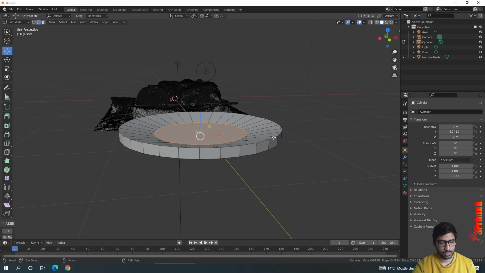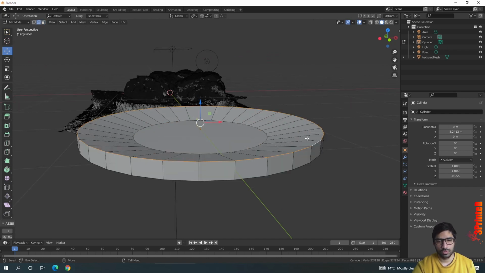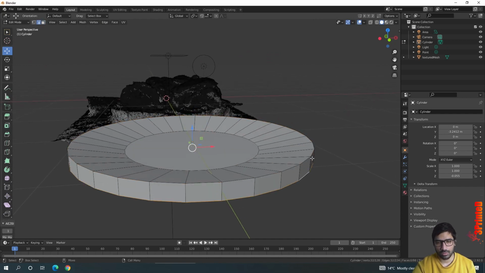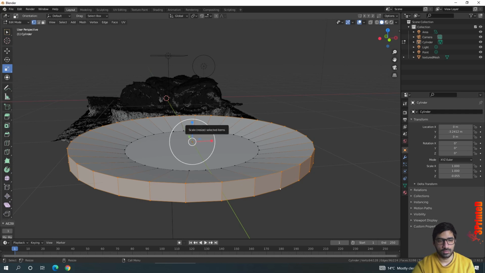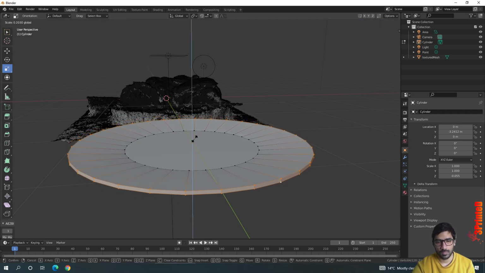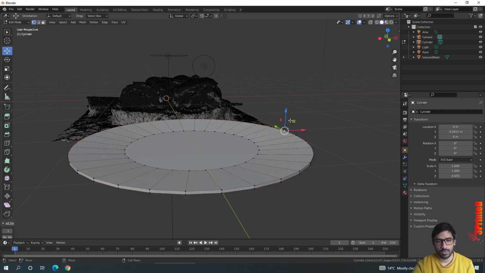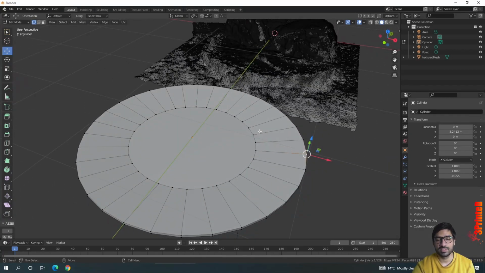So press 2 to switch to, or you can press both of them, or you can select the vertices, shift and select the vertices, press R, scale them, and you have a basic plate. Of course you can add more